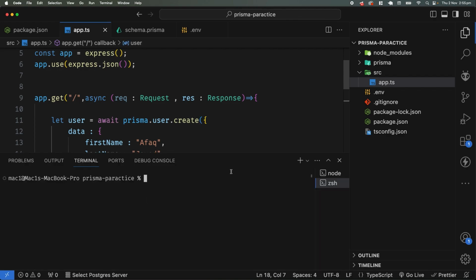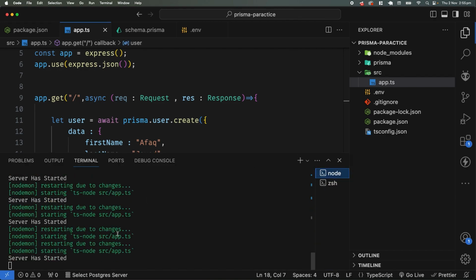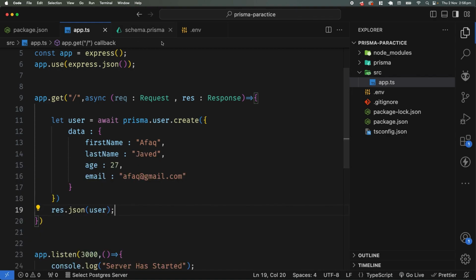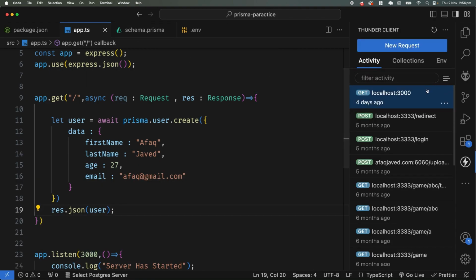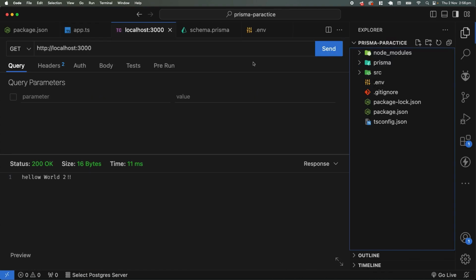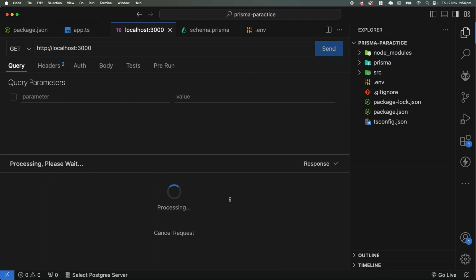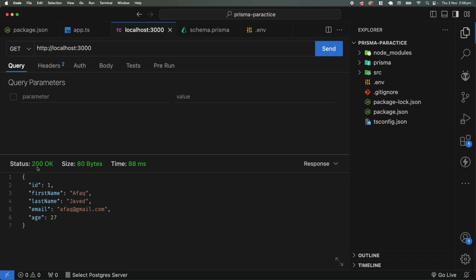So let's save this thing. Let's open our integrated terminal, and let's see if everything is working fine. Yeah, everything is working fine for now. And if you come to our Thunder Client, let's open that request again, and now let's fire this thing. If I send this, you can see that obviously we are getting our status 201 okay, and